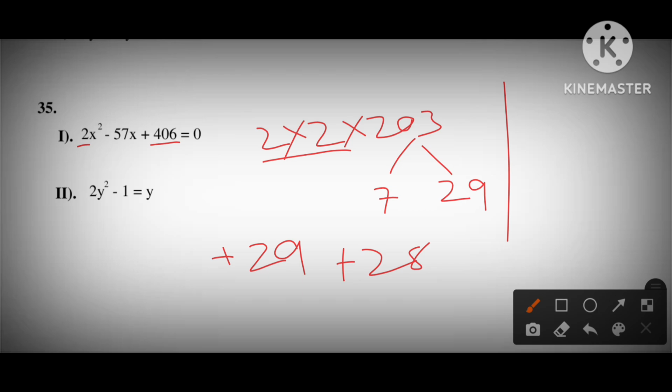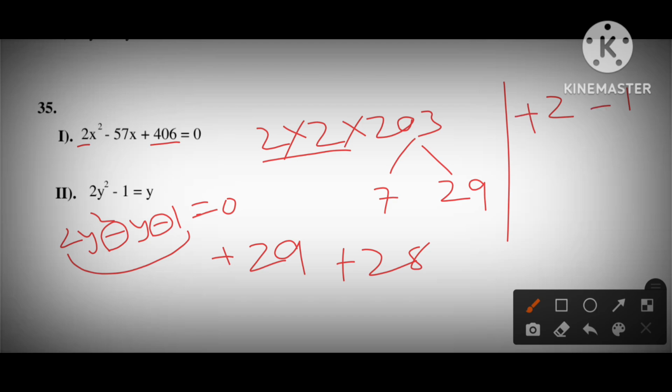Now for y equation, here it is clear that 2y square minus y minus 1 equals to 0. So we need to get 2. So 2 1 times will be 2. Minus and plus. Minus and minus means plus and minus all the root signs. Okay, bases are equal, so we don't need any multiplications. By comparing these two, it is clear that x is greater than y.